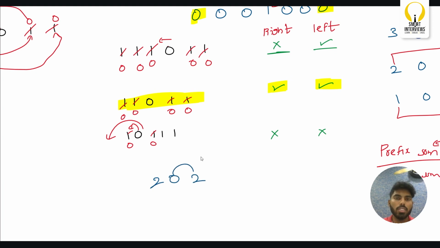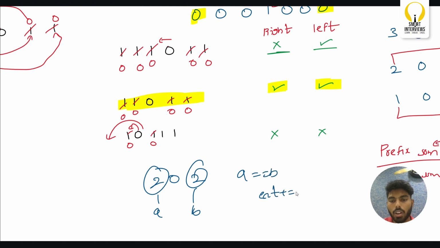So in which direction you start, you will always destroy all the buildings at the end of the day, right? So if you consider this as A, if you consider this as B, if A is equal to B, then you will increment the count by 2,